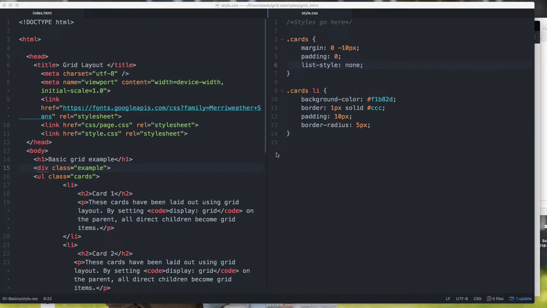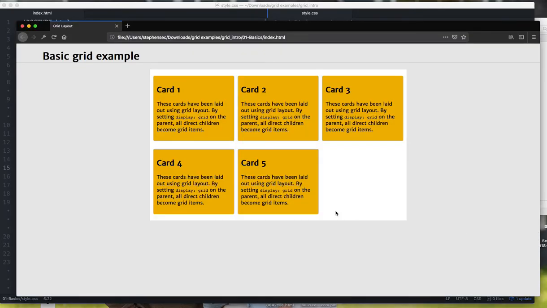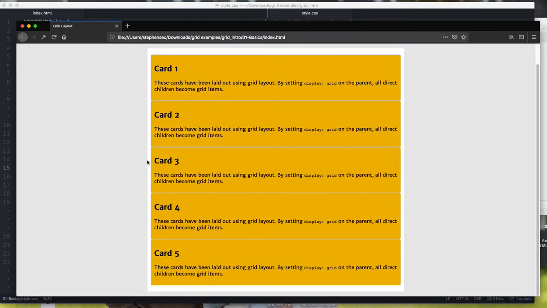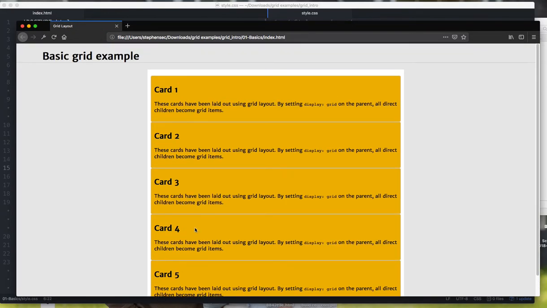In this video, we're going to look at some basics of grid and how this works. So grid is used to organize the content on your page, do some layout here in a grid format. If you look, I have opened this in Firefox Developer Edition. There's an advantage to using this to show you your grid. I'm going to show you how it looks originally before we've done anything to it, just basic cards